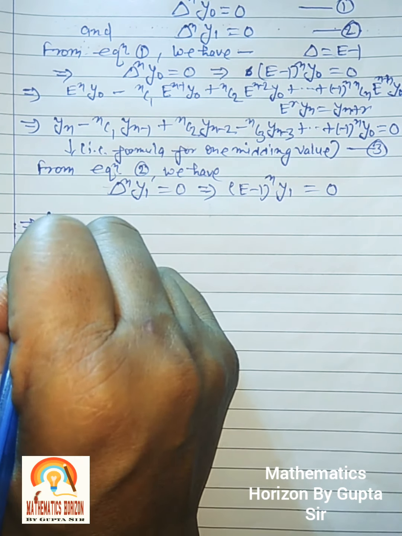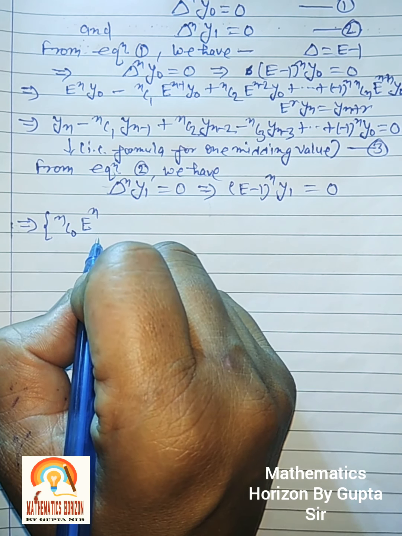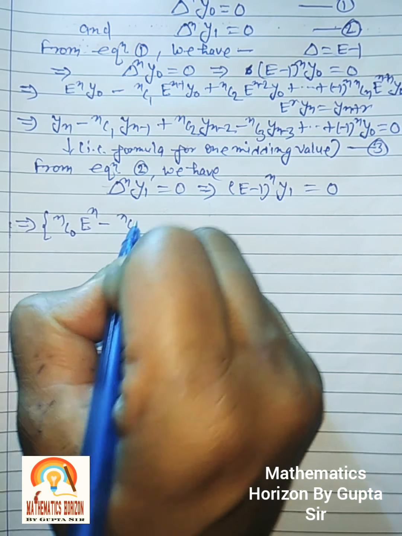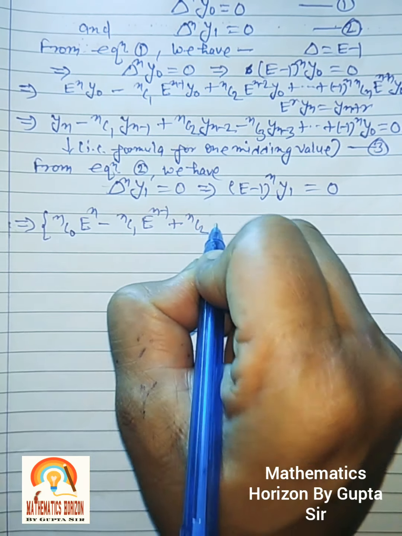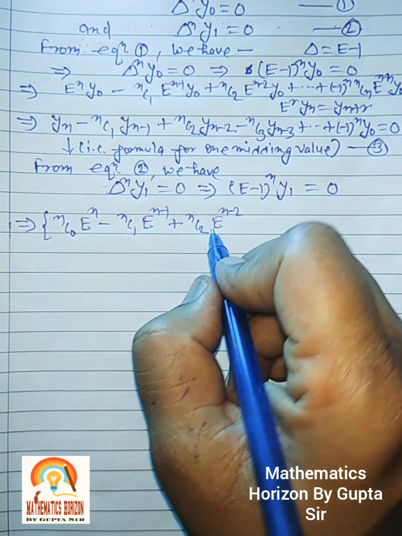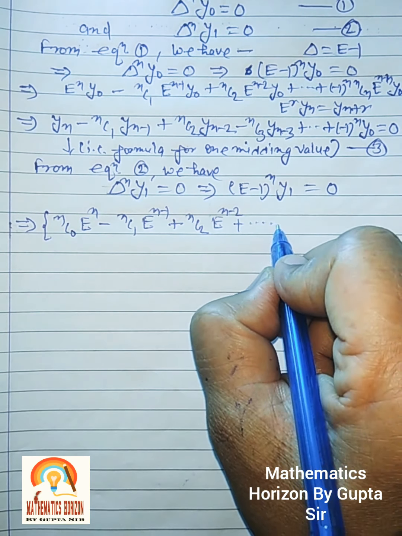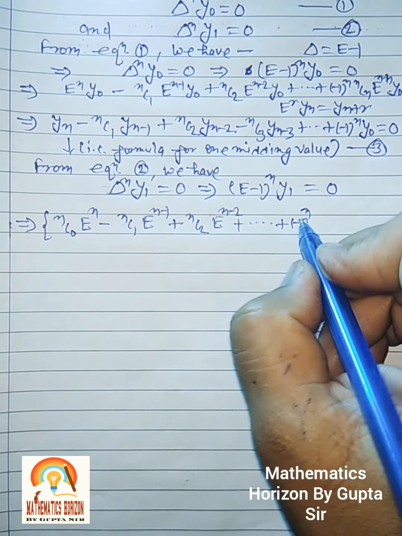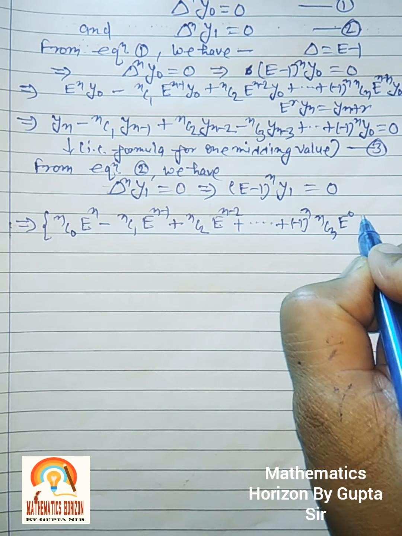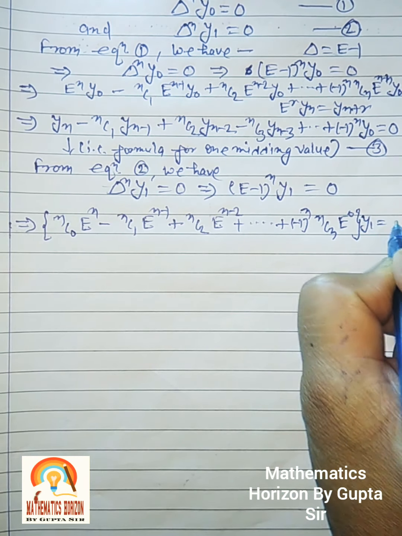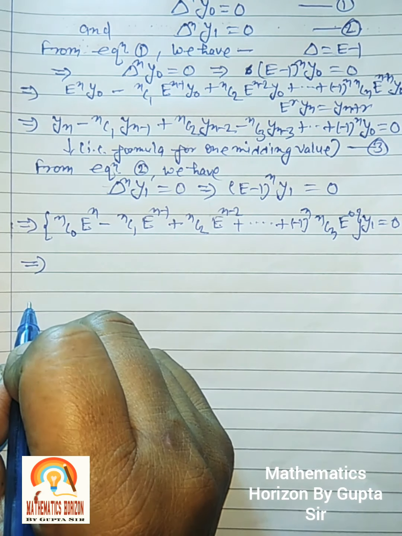Here we get nC0 e to the power n minus nC1 e to the power n minus 1 plus nC2 e to the power n minus 2 up to minus 1 to the power n nCn e to the power 0, and y1 is equal to 0. Okay, now what we have here,